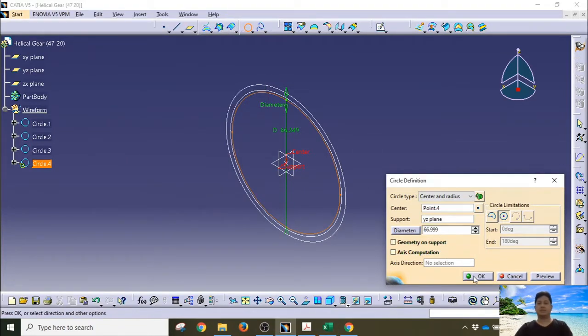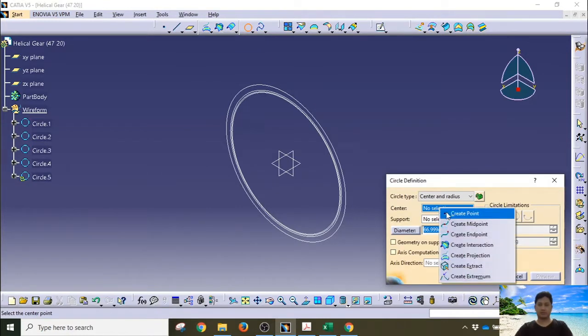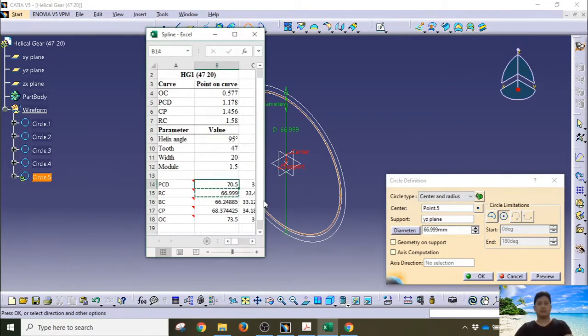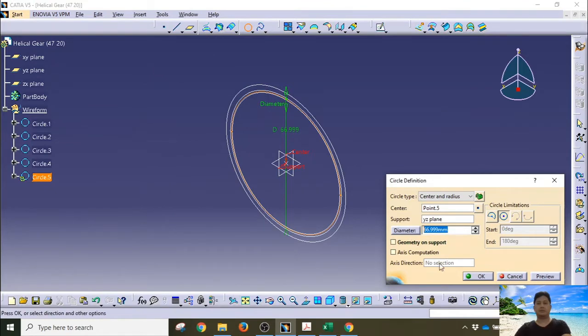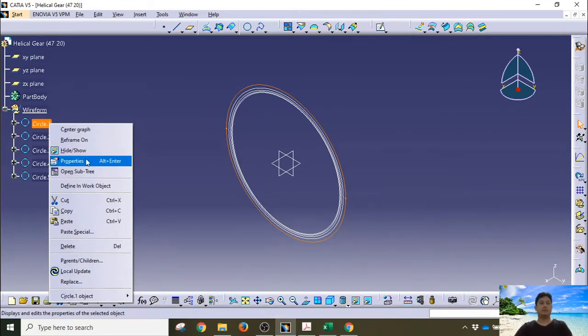So these numbers are all calculated by the given equations in our project instruction. And lastly, 70.5 will be our curve. Alright, so here we can rename it to